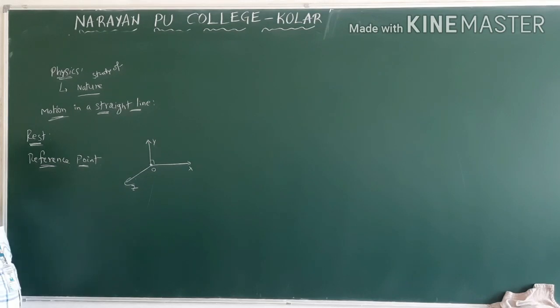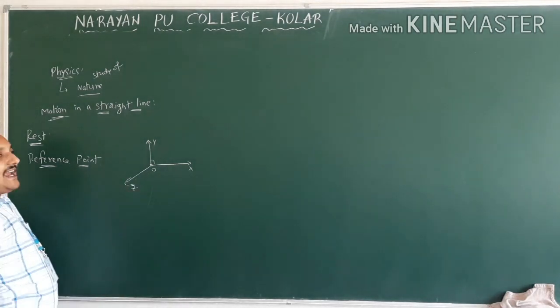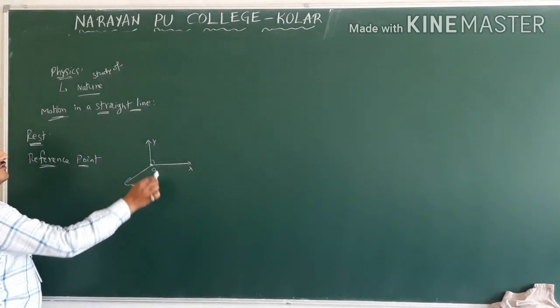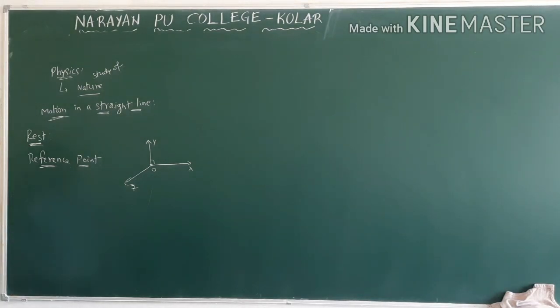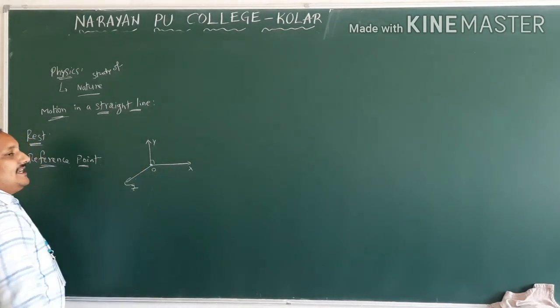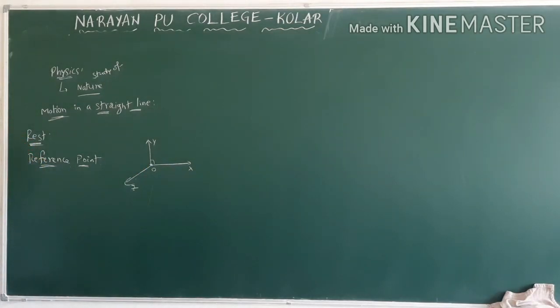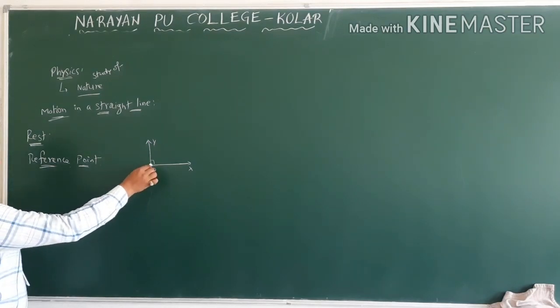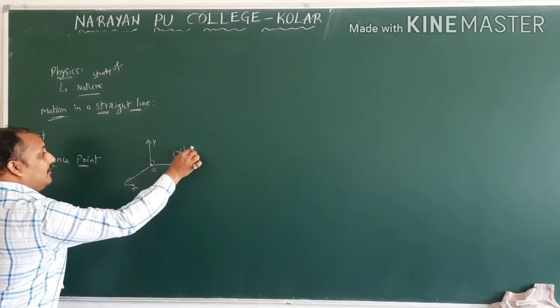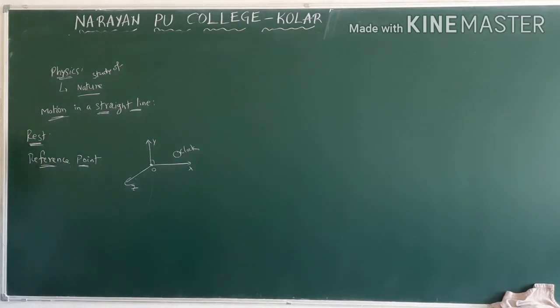So in our room, you can take the corner as a reference point, or otherwise you can take this wall as the reference point. If you take the corner as the reference point, it is the origin. Where the three axes meet, one wall, second wall, third wall, ceiling and floor, where they all meet, that is nothing but the reference point. For this reference point O, for this coordinate system, if we attach one clock, clock meaning time,